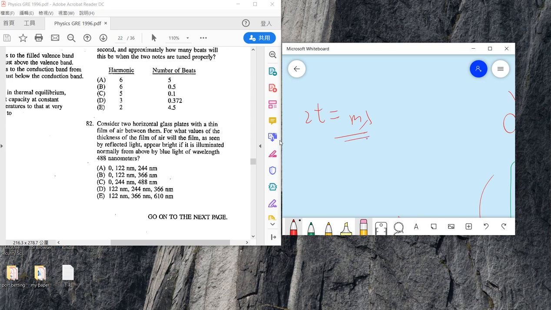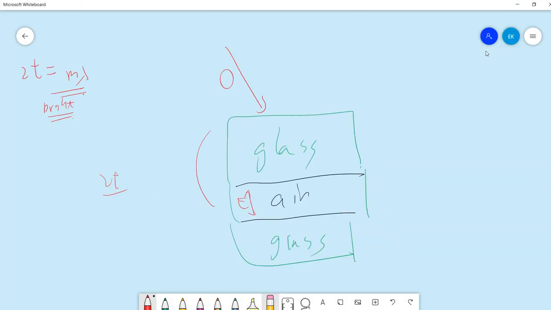Okay, so this is bright. But remember that this is the usual original one. So if this light has zero phase, then